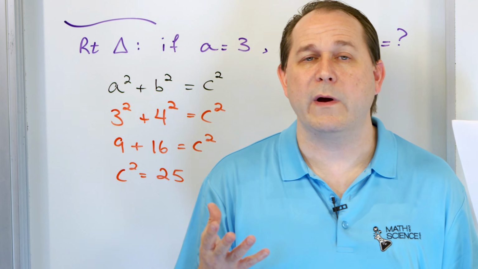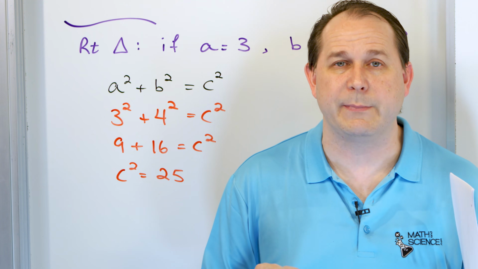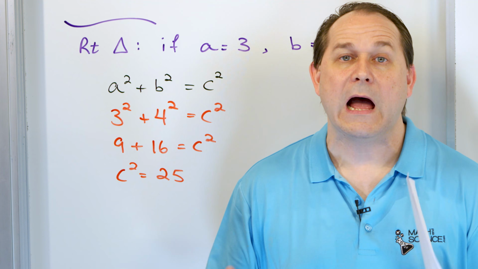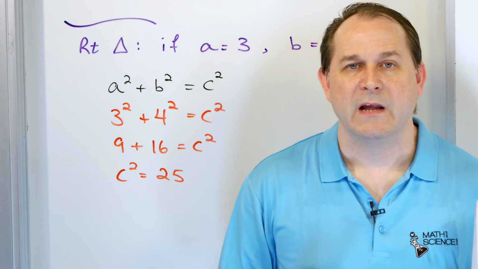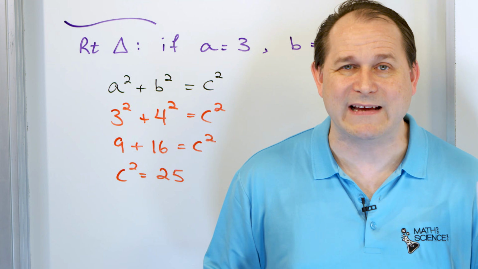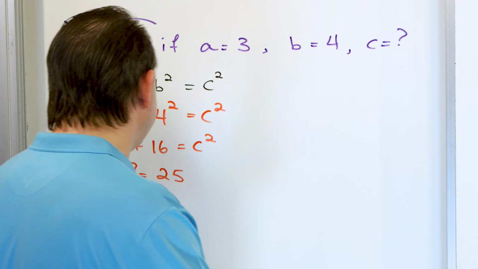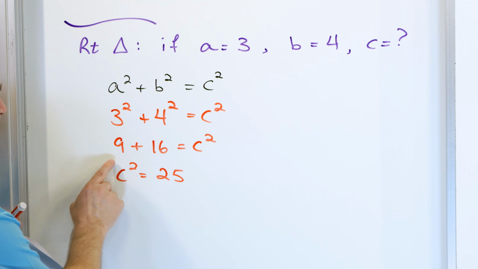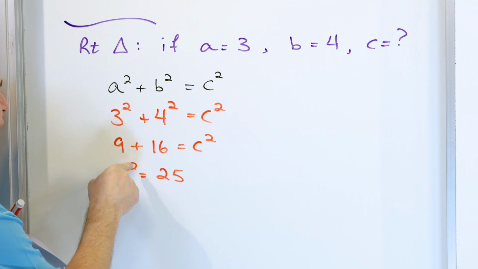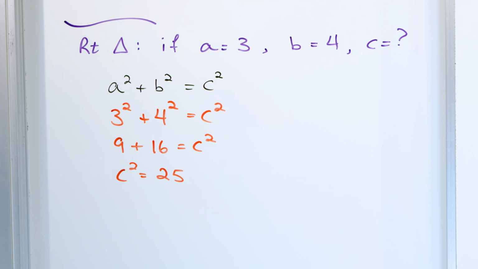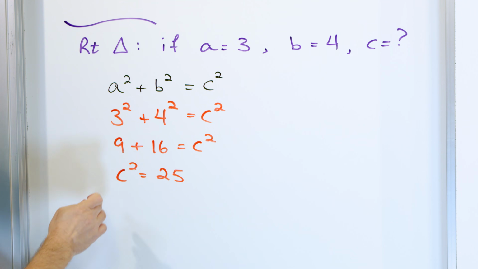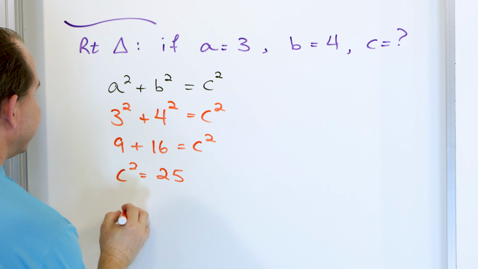Remember, when you solve an equation, you can do whatever you want as long as you do it to both sides. I can add to both sides. I can subtract from both sides. I can multiply and divide from both sides. If I want, I can take a square root of both sides. And that's exactly what I'm going to do, because I know that I have a C squared, and if I take the square root of this, the square root and the squaring is going to go away. Remember, we learned that before, that the square is the opposite operation of the square root, and so it's going to go away there. So let's take the C squared here,